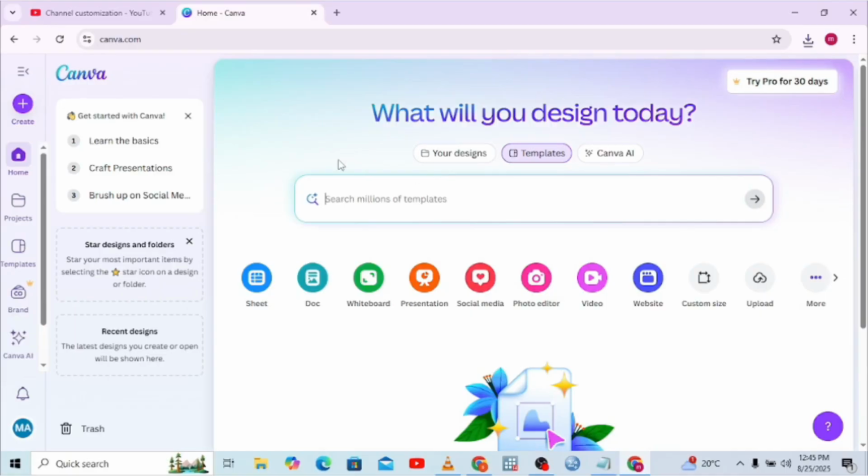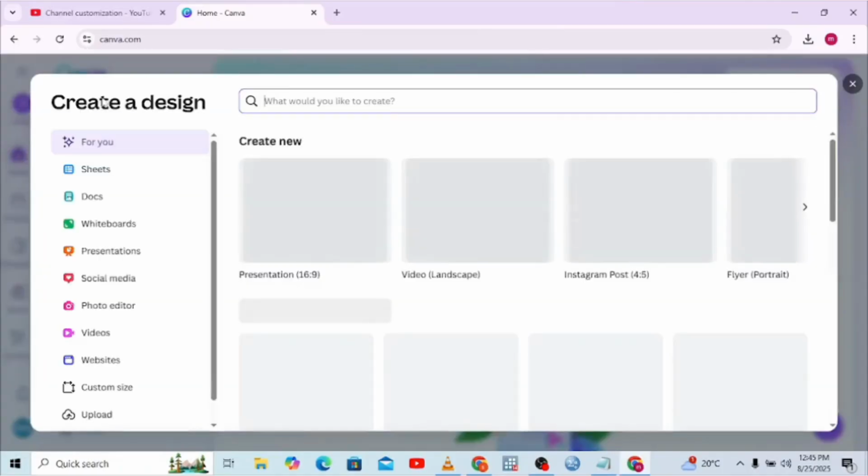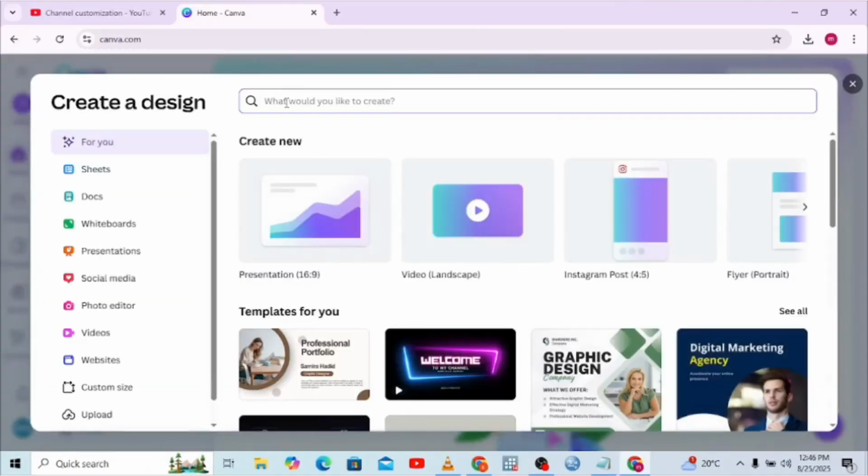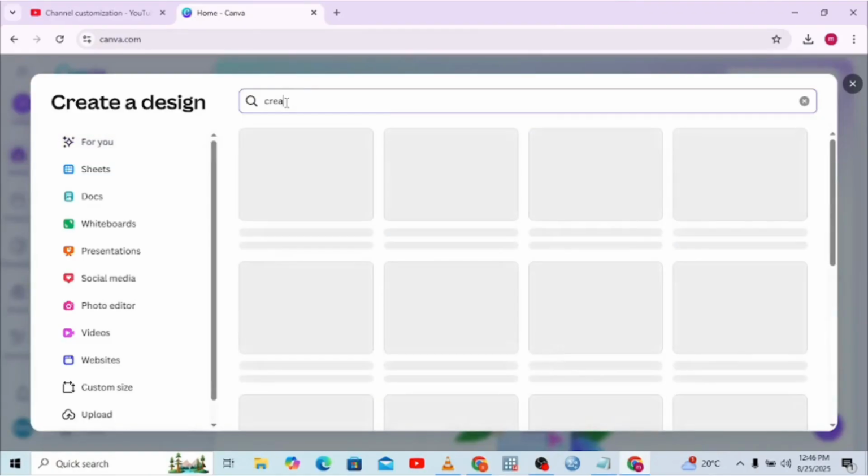So you can either use AI or you can just create from scratch. But I usually recommend, for uniqueness, just try and do some adjustment from scratch to come up with beautiful banners and thumbnails. So what we can do, we can just hit here where we have create. You'll be asked by Canva, what do you want to create? In our case, we want to create a YouTube